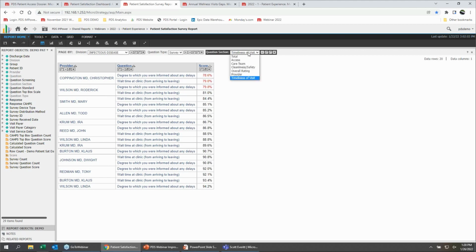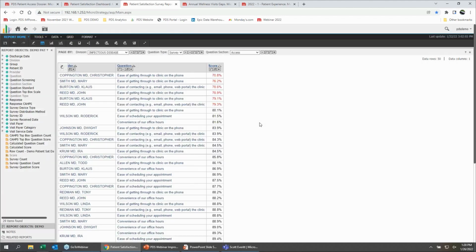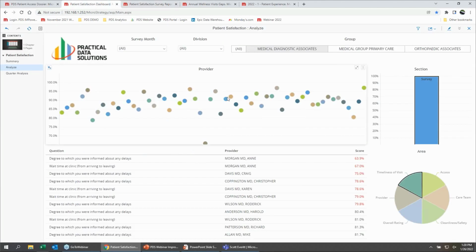So it's kind of interesting whether you're used to looking at it one way or you want to look at it another way, if you're more into the data. From this point in our dashboard, because we've modeled the actual survey questions, you could even drill all the way down to the individual survey data if that data is available through the data set we've modeled. So kind of different perspectives, to give you access depending upon how you want to see it or